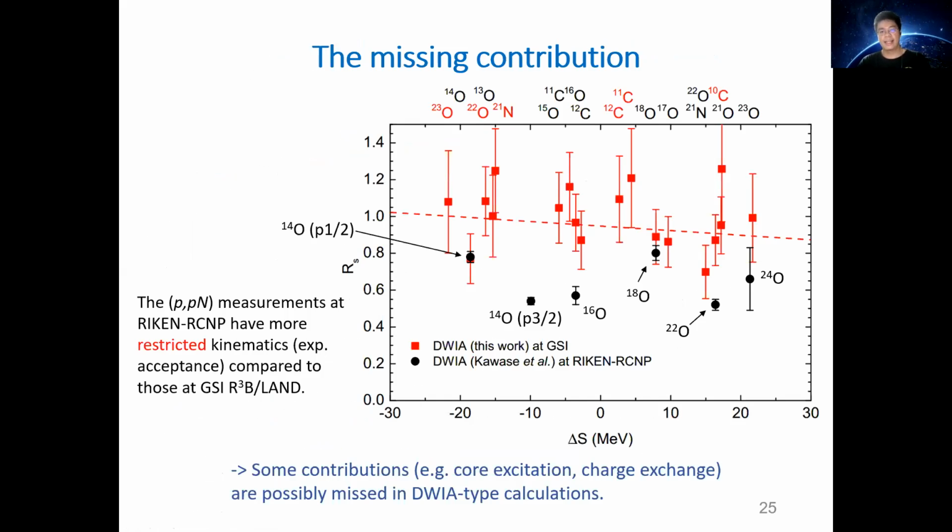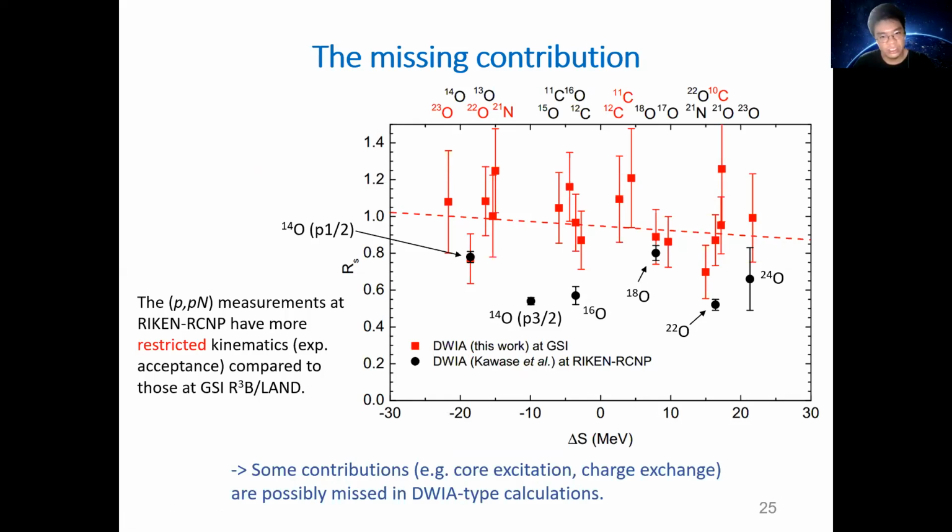So last but not least is a new effect. It's not really new, but it's an effect that is usually not very well discussed. We found that for the two datasets here, the red is the one from our work, and the black is the one analyzed by Kawase-san at RCNP. These two basically use an identical theoretical framework, the partial-wave DWIA,